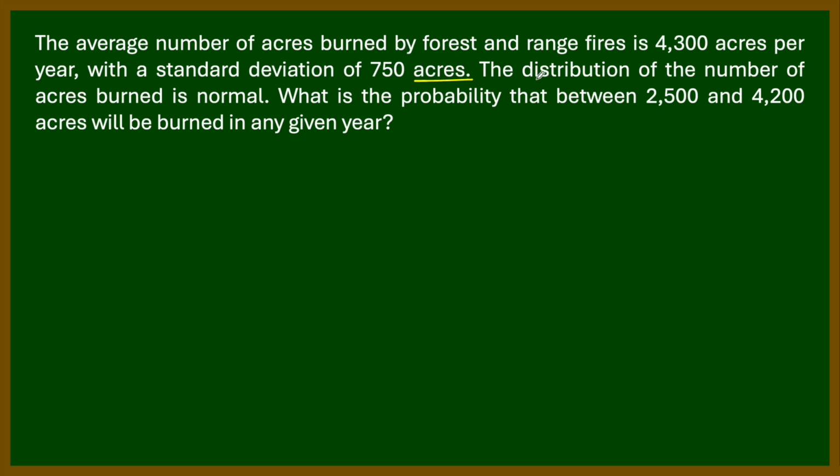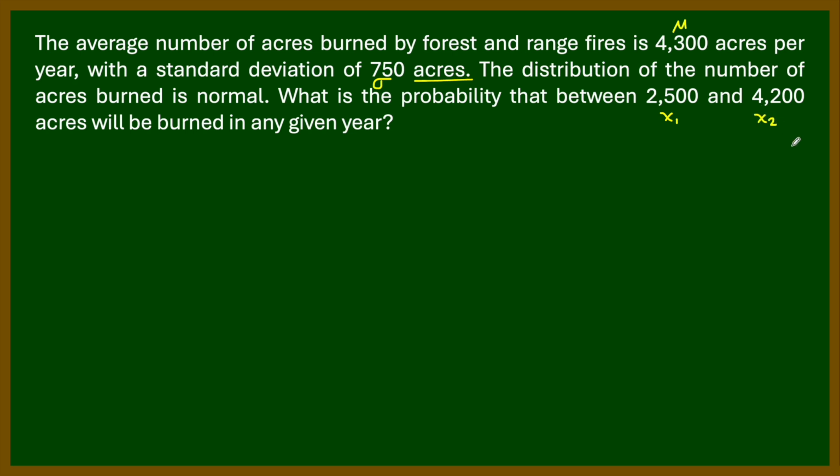Now, as we understand the problem, we have the given number here, which is 4,300. It will represent our mu, or the mean. That's the average. The standard deviation is 750. This is your sigma. Then we have 2,500 and 4,200. This will serve as your x's. So this is your first x, or x sub 1, and this is your second x, which is